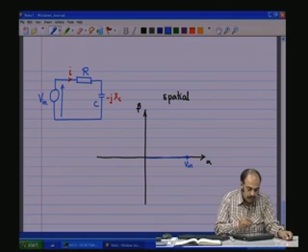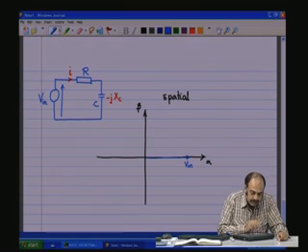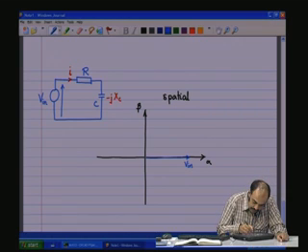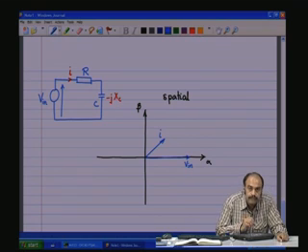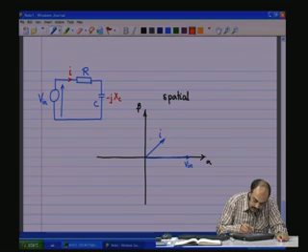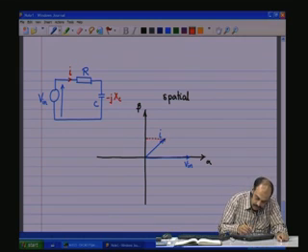Now, I know that the current here is going to lead the voltage by some amount, of course, which we could see later. Therefore, the current is going to be somewhere in this direction, because it is leading. The current I is leading the voltage by some angle theta. This implies that there are two components to this current. There is one component